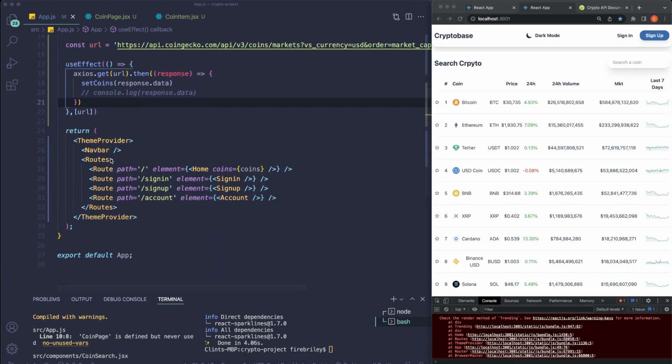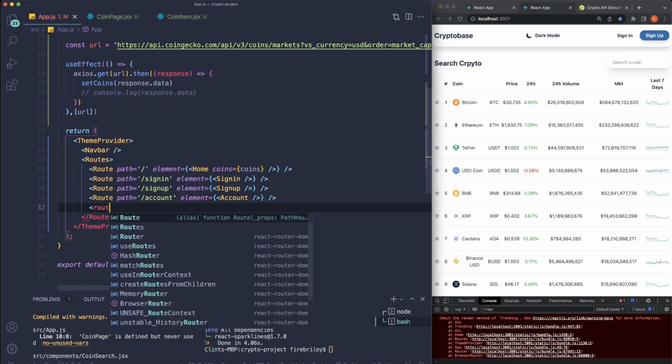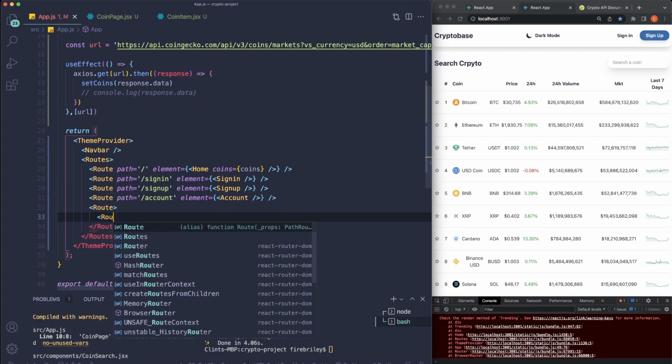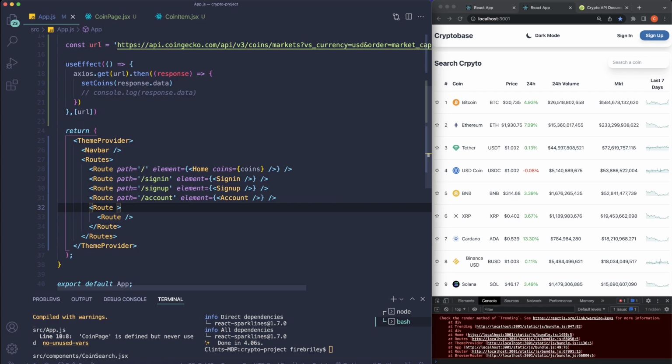Okay, so come down here to just below the account component right here. And what we're going to do is create another Route. This needs to be uppercase. And this is not going to be self-closing. In fact, we're going to have a child in here. And it's just going to be Route, which is self-closing. So for this Route right here, the parent Route, what we're going to say is path, and then in here